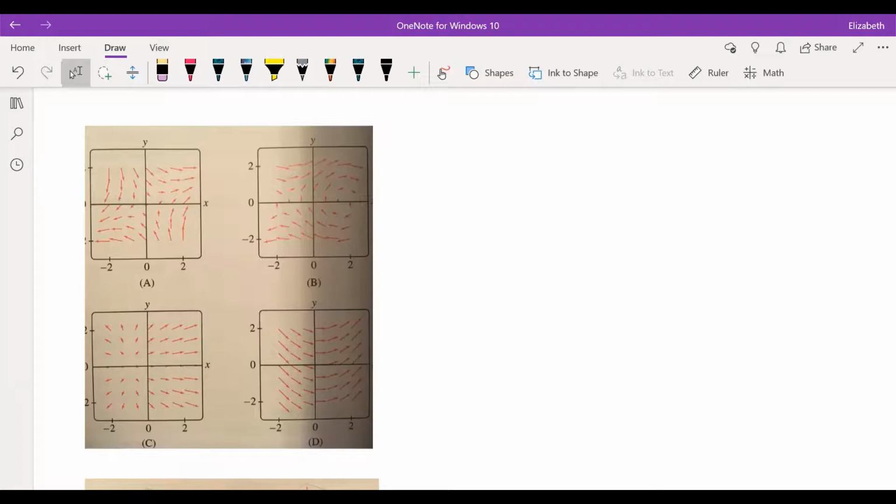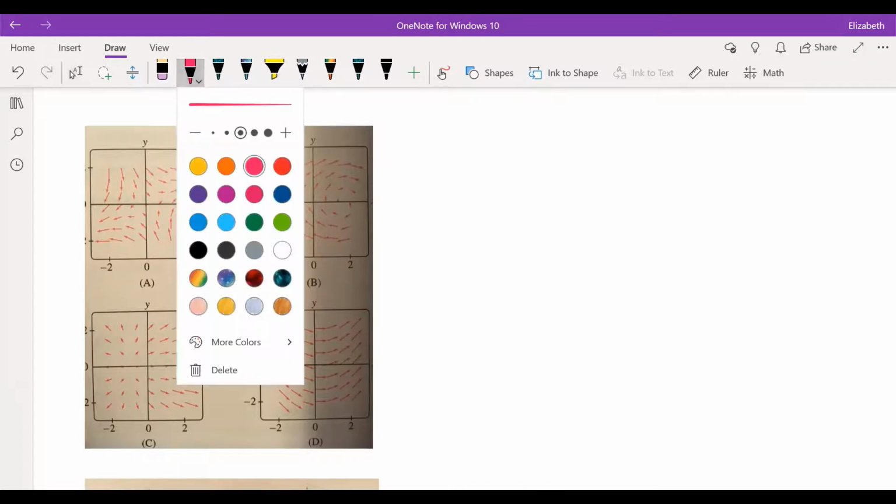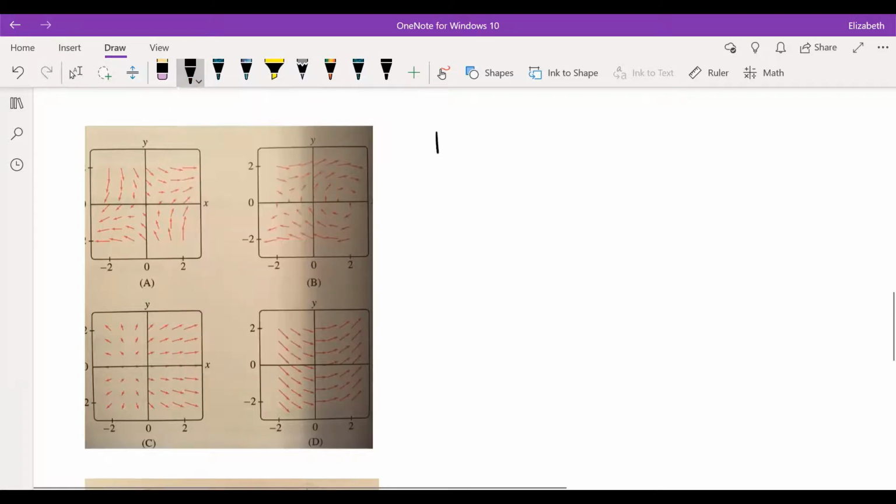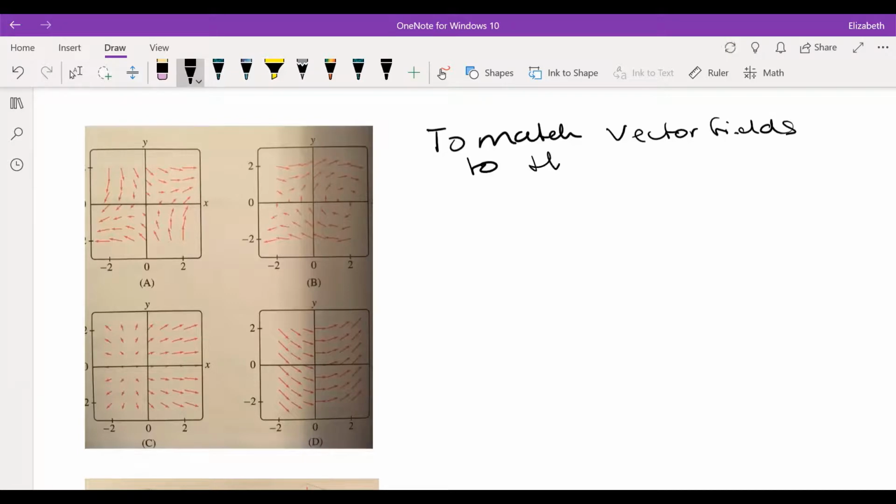And through this, you can actually get an idea of the overall shape, how everything's moving and where everything is pointing and stuff like that. But the idea behind how to match these to any function that maybe you've been given, and I'm not going to work a specific example on this, but I want to talk through it, is: to match vector fields to their functions,